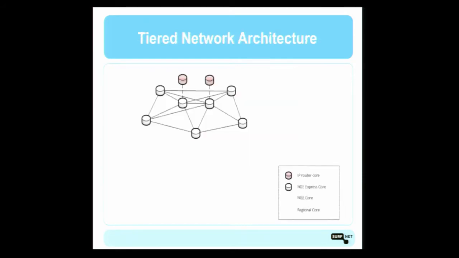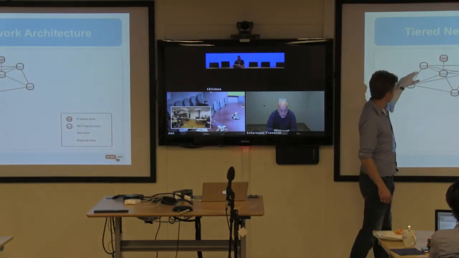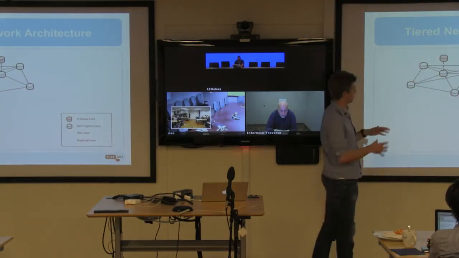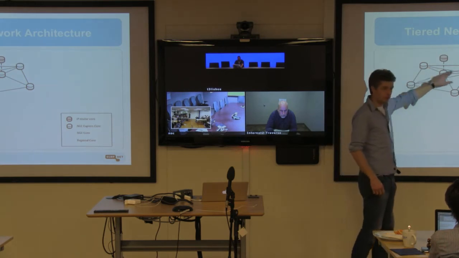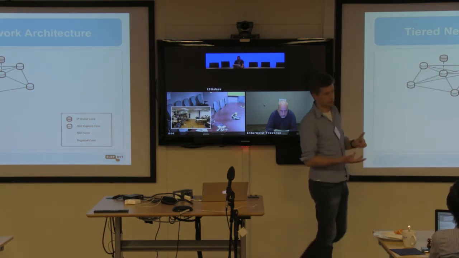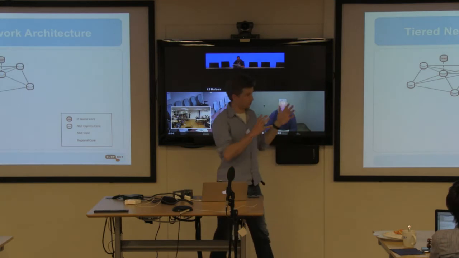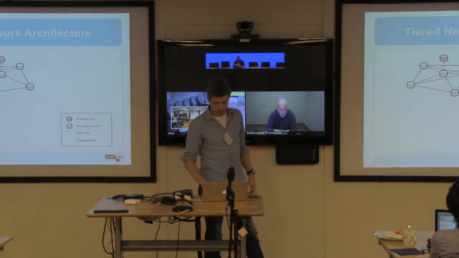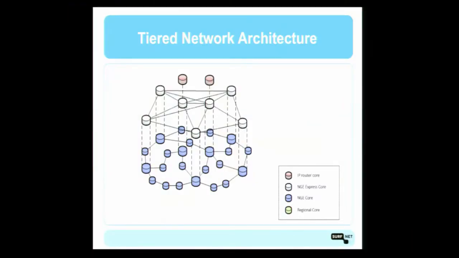Well, the next step is, of course, after you have signed the contract, started planning your network. It's always a nice part in the network. So we ended up with a tiered network. So we try to make a schematic diagram. So these are the routers. We've got an express core network, which typically coincides with the interring locations, so the Nijmegen, Utrecht, Eindhoven locations I showed before. And in between those locations, you have got